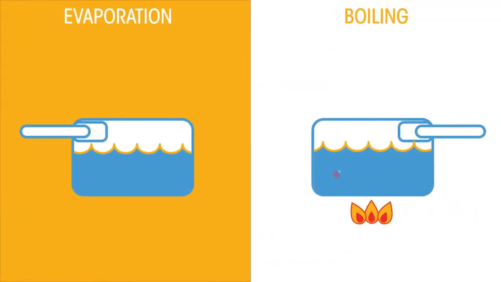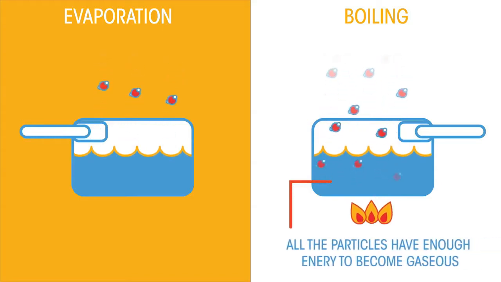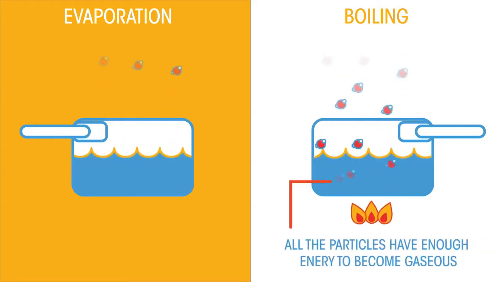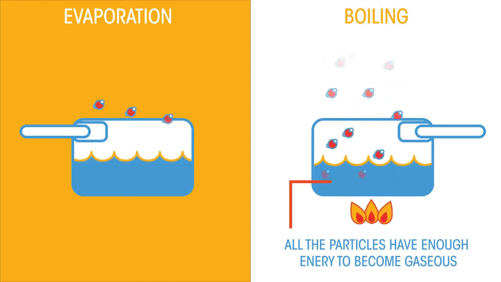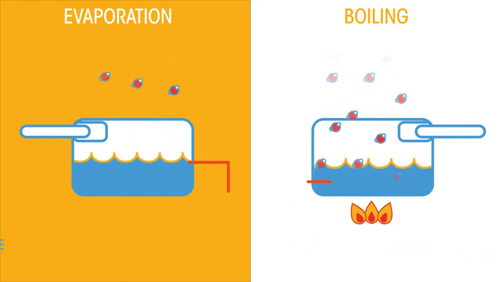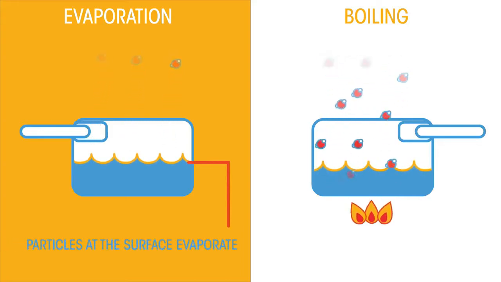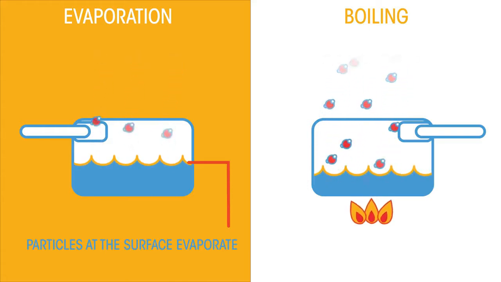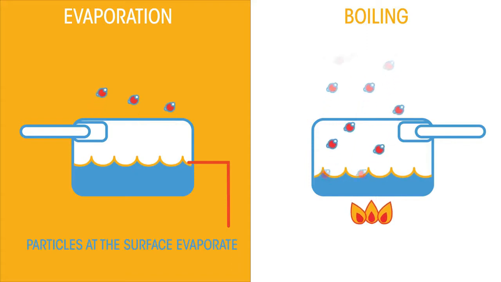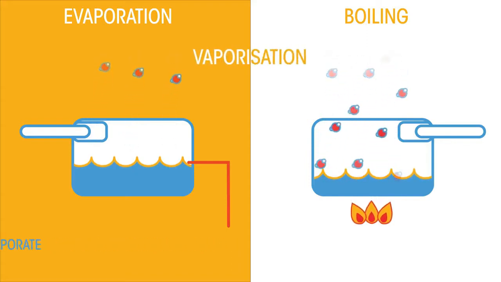Do you know the difference between evaporation and boiling? Both are when a substance transforms from a liquid to a gas. Think of a boiling pan of water, all of the water bubbles. This is because all of the particles have enough energy to become gaseous. But water standing in a pan that is not being heated by anything other than the environment can also turn into a gas. This is evaporation. Only the particles at the surface have enough energy to change from a liquid to a gas. Hence, evaporation is a slower process than boiling, even though it achieves the same state change. Both are types of vaporization.